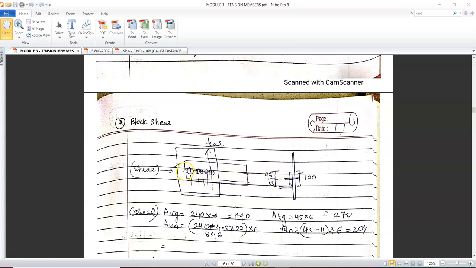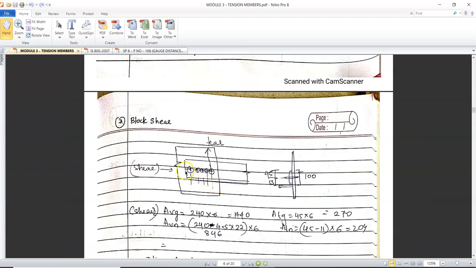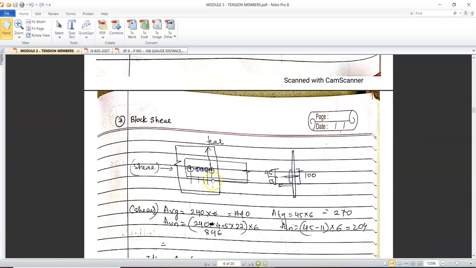Coming to the block shear failure pattern. Now referring to it, it starts from the edge of the angle. The same thing is drawn here also. It is starting from the edge of the angle to the innermost bolt and moves towards the toe of the angle. Here this is the toe and this is the heel of the angle. Now it is drawn the other way in our notes. In this case, this is the toe and this is the heel of the angle. That is why it is drawn towards the toe.